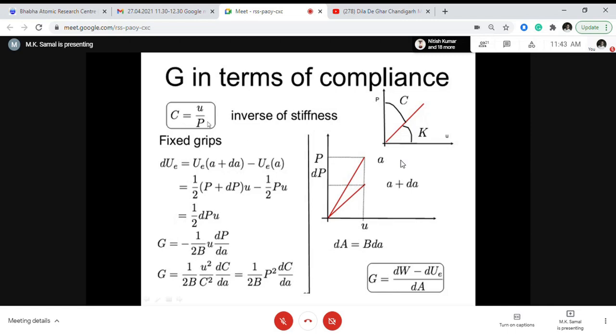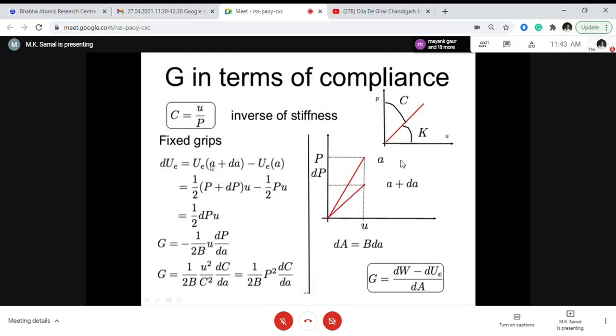As I told you, the stiffness is P by U, so the compliance will become U by P. Actually it is del U by del P, but for a linear elastic material you can take it as U by P, because it is a straight line and the slope is fixed. Now for the fixed grip condition, if you see the earlier slide, initially you pull it up to U, then you fix it, and because of crack growth the load decreases. So the change in strain energy